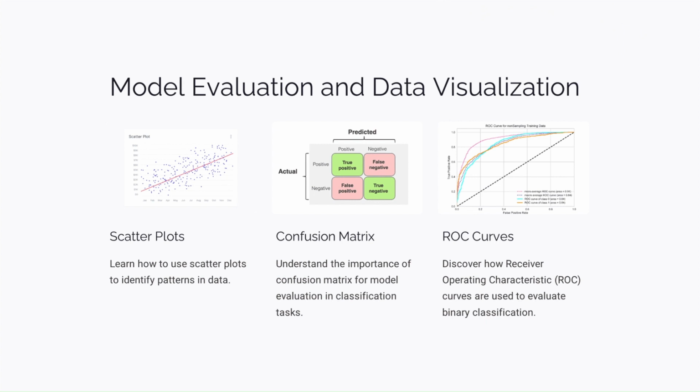Now, after having data, we perform visualization, which can be done using scatter plots, bar plots, line charts, and so on. And after creating models, we do model evaluation to check how efficiently the model is working. Examples can be confusion matrix, ROC, AUC curve. But now we understand the basic structure of data science projects. Now, how are we going to implement it? We need a coding language, and therefore